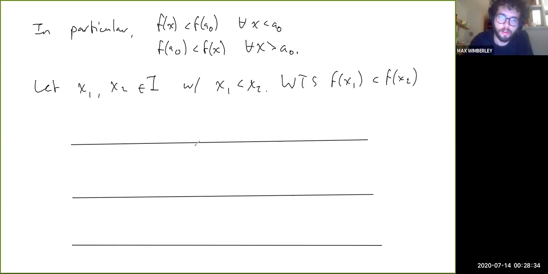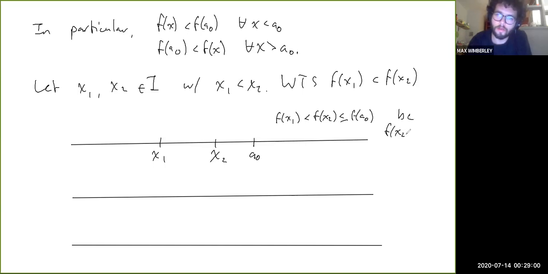The first case is that a naught is over here, and then x1 and x2 are like this. So then f of x1 is less than f of x2, which is less than or equal to f of a naught, because f of x2 is between f